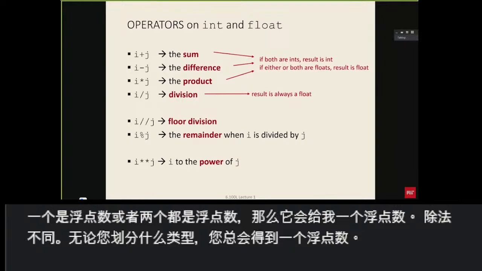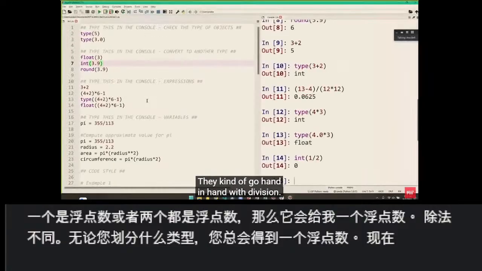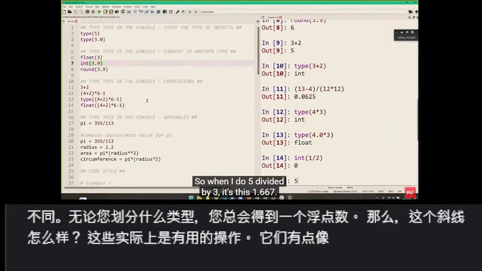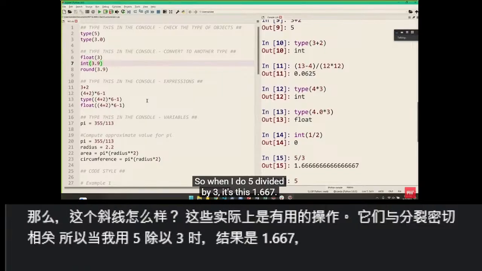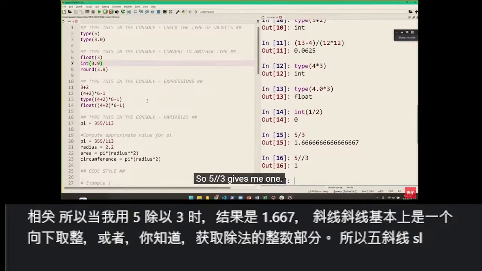Okay. Now what about this // and this %? These are actually useful operations. They kind of go hand in hand with division. So when I do 5 divided by 3, it's 1.667. // is basically a floor, or getting the integer portion of the division. So 5//3 gives me 1, right? It truncates the